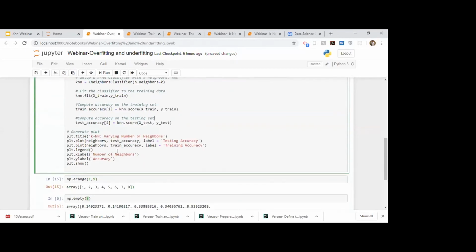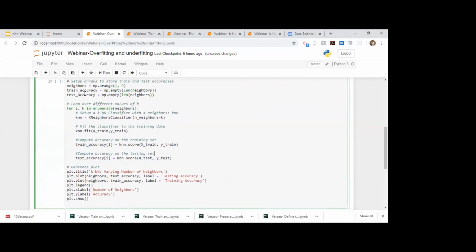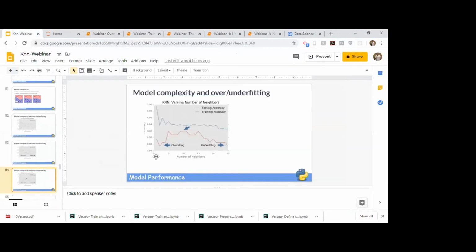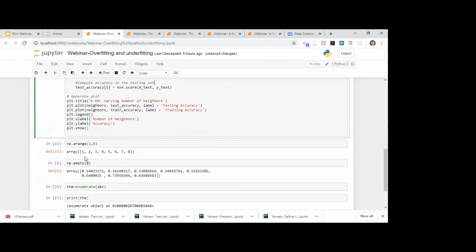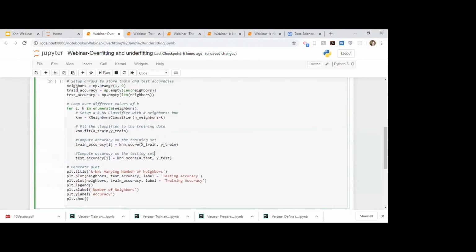Next, we are simply passing this neighbors, which is an array. If you look at the plot, our x-axis is just a list of values. We are passing the np.arange that we created, stored in our neighbors variable, as our x-axis.